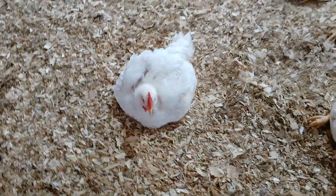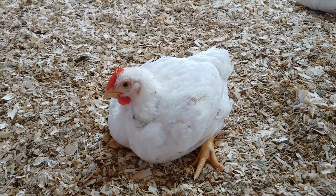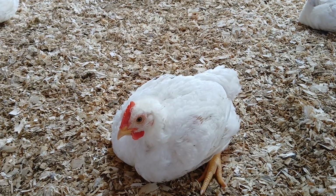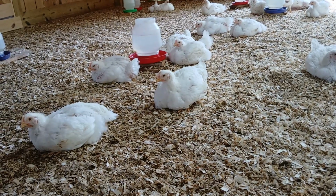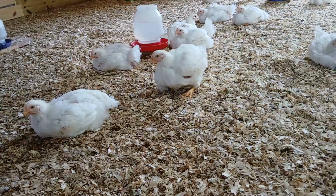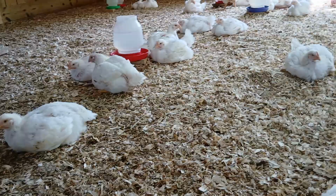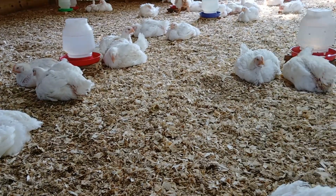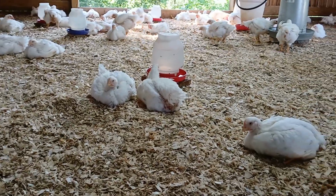They're really doing well. We started with 126, and the way we go by the count is we try to get a good count on them when we move them in. We order them from a hatchery, and they are shipped through the United States Postal Service in boxes, and they're packed in a special way, and we get them and move them in. So we try to get a really good count established when we move the birds in, and then as we're raising them,